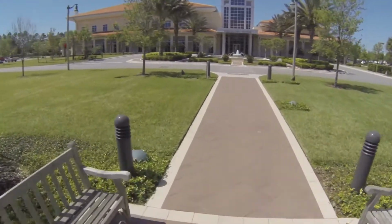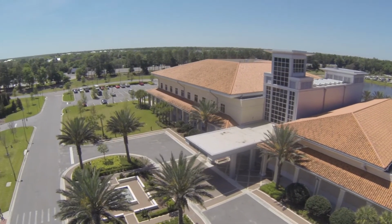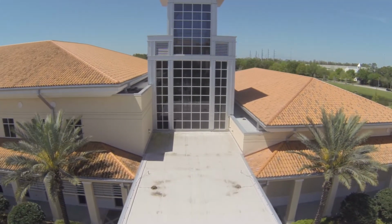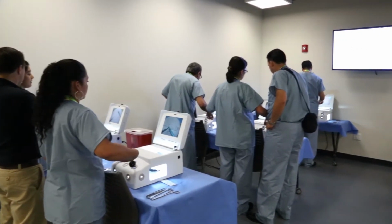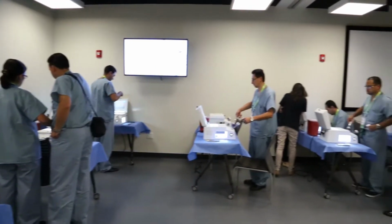Simulation is becoming an important part of clinical training at Florida Hospital. In the last few years, the hospital has invested in and grown a number of new simulation-based capabilities for training and for research. The hospital's Nicholson Center has been training medical professionals for 13 years using didactic and lecture, laboratory, and simulation spaces. This training allows surgeons, fellows, residents, nurses, physician's assistants, and technicians to learn unique skills in simulated